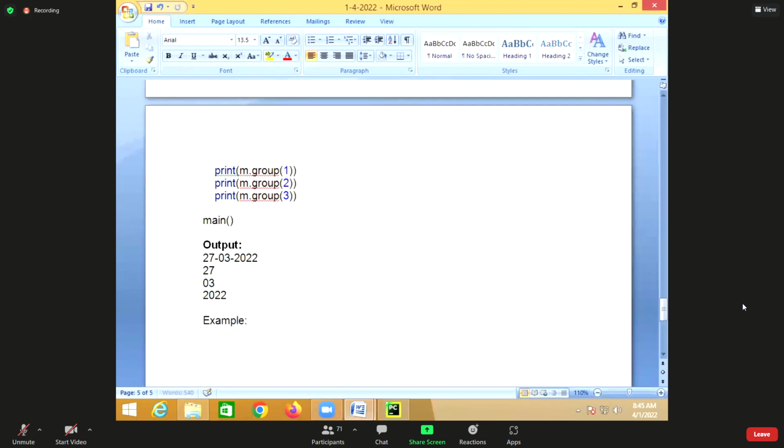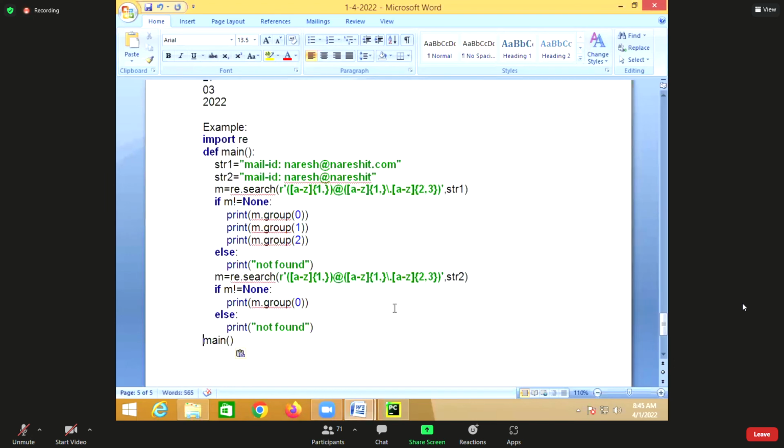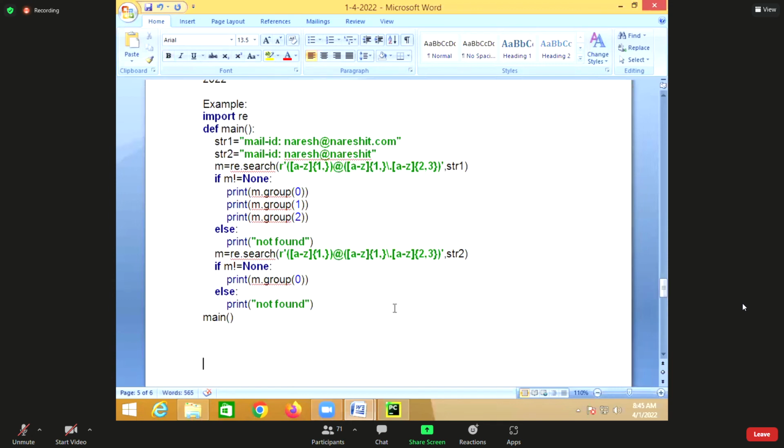That is done again using a set. How do you define the set? You define the set within square brackets.